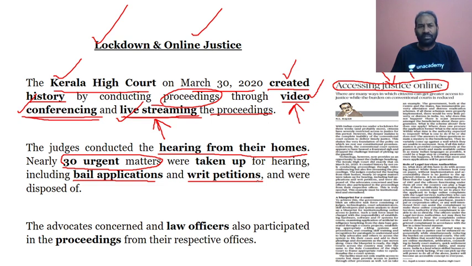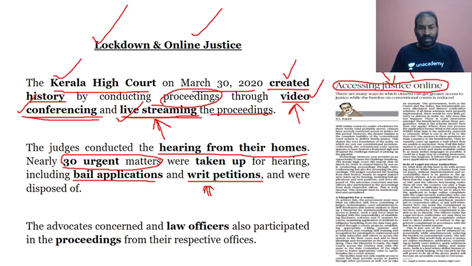So one of the statements can be based on the online justice initiative taken up by the Kerala High Court, that the Kerala High Court has taken up 30 urgent matters, and amongst them were the bail applications and also the writ petitions. Please do understand, these are the writ petitions. As civil service aspirants, you are all well aware of the writs, how many kinds of writs there are,